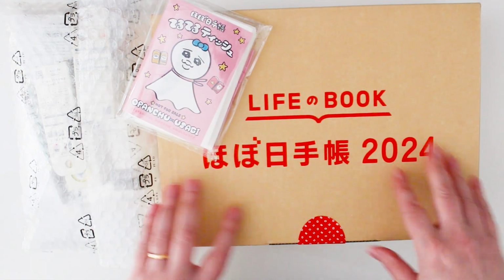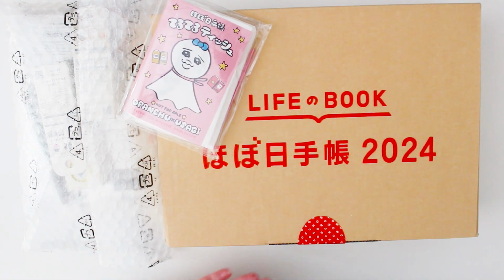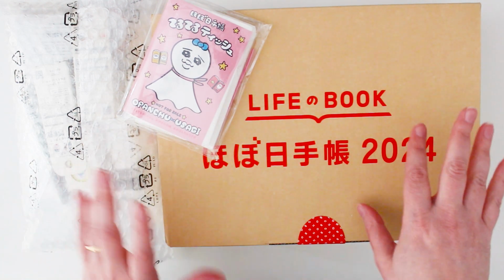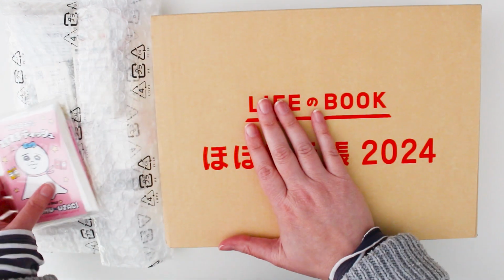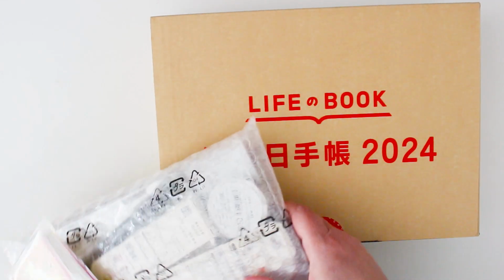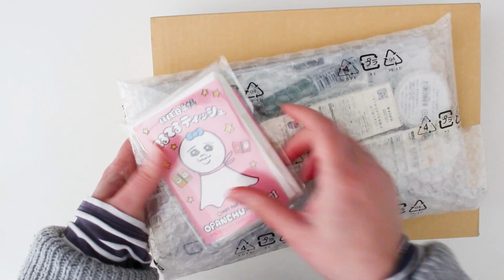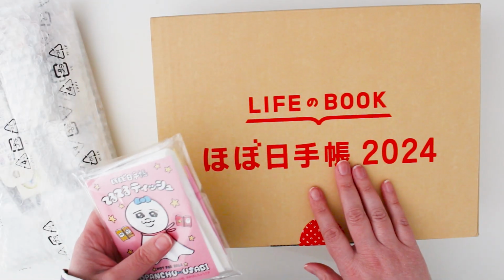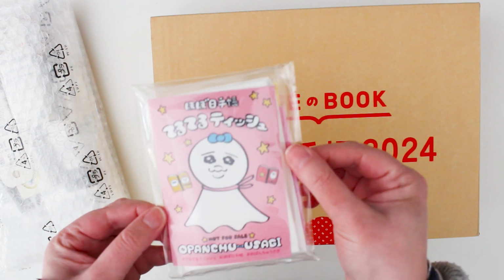The Hobonichi actually came in a bigger brown box that was a little bit dented. It wasn't a Hobonichi box, it was just a normal box. It came with these on top like this, and then I pulled this out of the box. I just haven't opened this bit yet. I've got some accessories and things here. But I think I'll jump into the box, and I've got this little guy here,